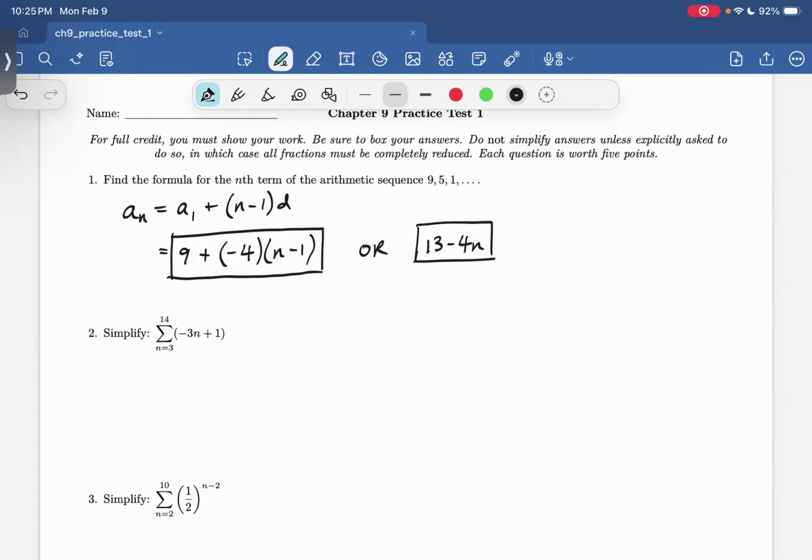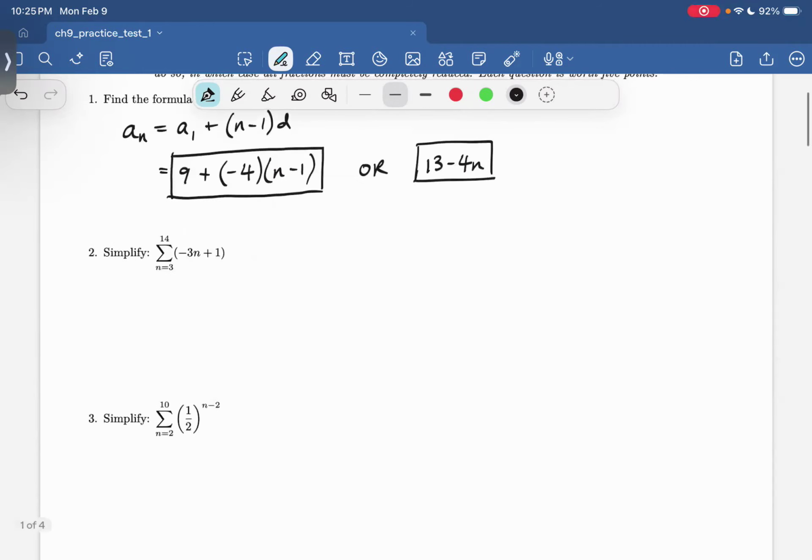Okay. Next question, we have a summation of an arithmetic sequence. We know it's an arithmetic sequence because we have a linear term inside the sum. So remember the formula. We're trying to find the average of the first and the last term, and then multiply by the total number of terms. All right, so the first term,